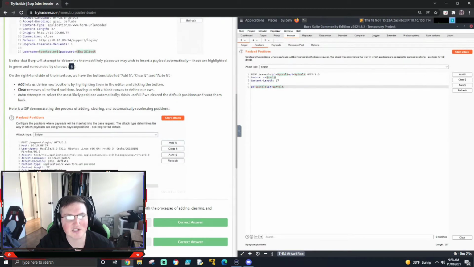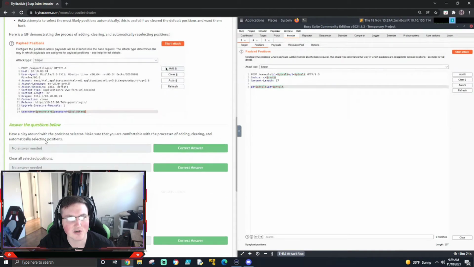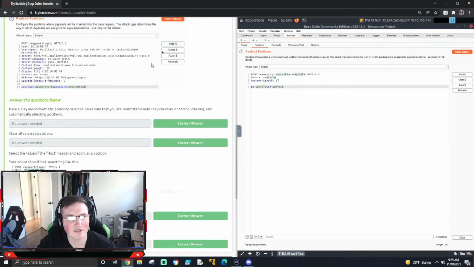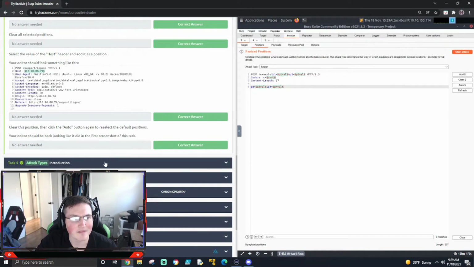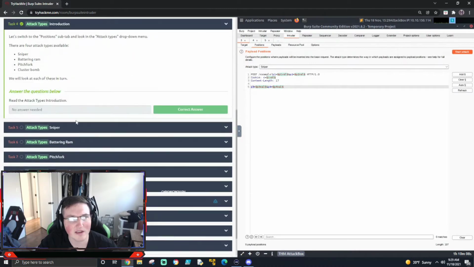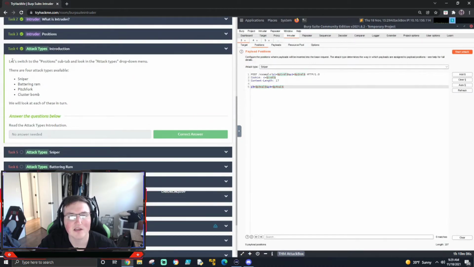So these are the positions, and you can see it gives you a little GIF. It kind of shows you how you could clear them, you can add them, all that stuff I just talked about. So we're not going to get crazy showing you that. Okay, so now we're into the actual attacks. So if we go to the positions,